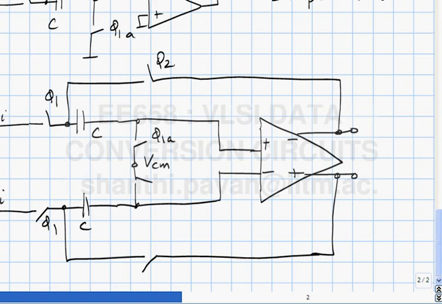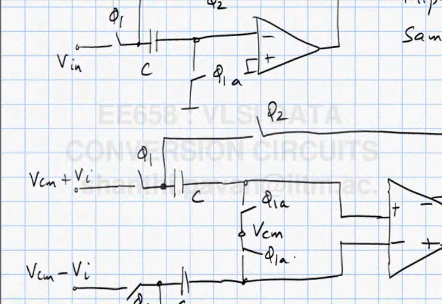This is phi 2. Once phi 1A falls down, the voltage on this capacitor C is VI, the voltage on the lower capacitor is minus VI. Then when I flip them over,